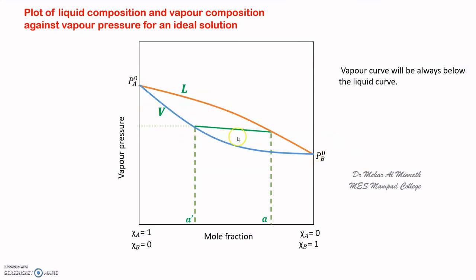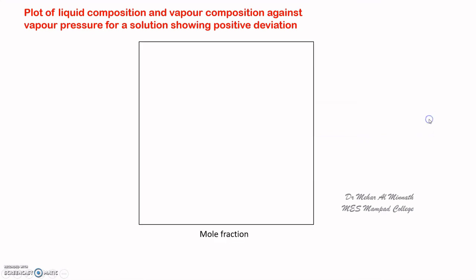But for a non-ideal solution, what we find will be a different scenario. We'll see how the same plot will appear for a non-ideal solution. Let us first take up a solution showing positive deviation. Now we are going to plot in the same way. On the x-axis we take mole fraction, on the y-axis vapor pressure, and the mole fraction of A decreases from left to right, and increases for B. And we have the vapor pressure for pure A and pure B. And when we plot the graph